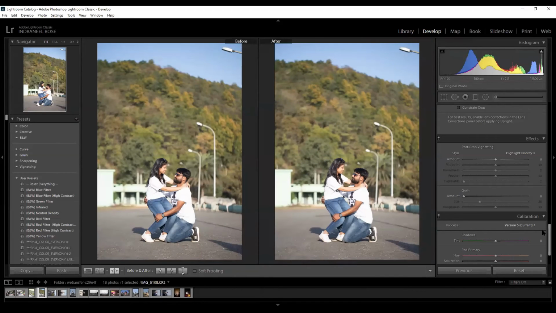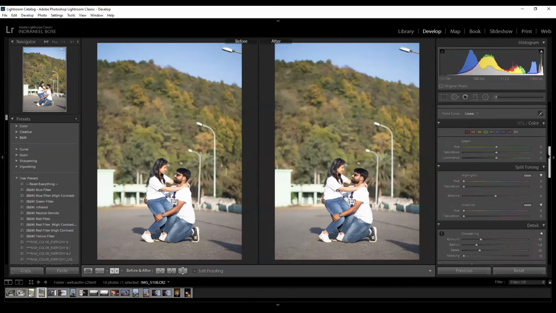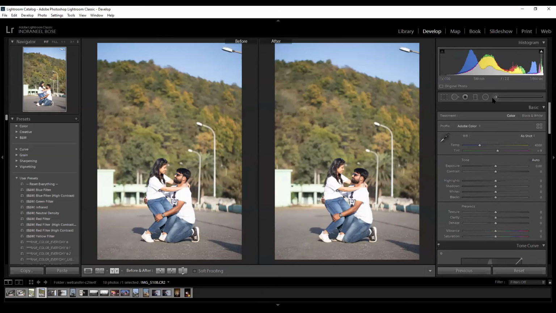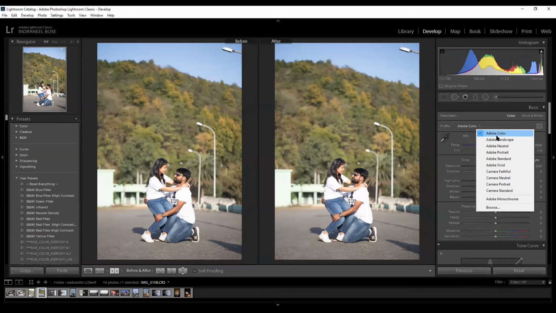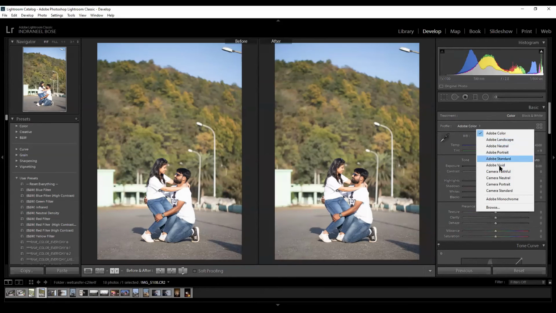Yes, actually, I have just a query. In the profile, from the global adjustment, there is a profile. Okay, I told you about it previously. It's landscape, portrait, basically Adobe Color. It's basically a color science which Adobe gives. First thing I told about, it's a profile. Now there is the camera profile also added, which you have in your camera.